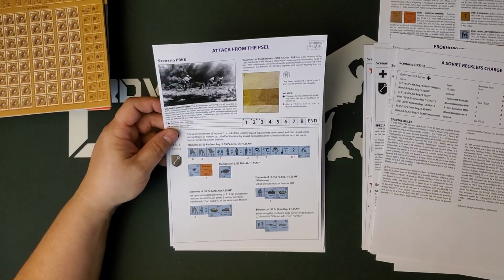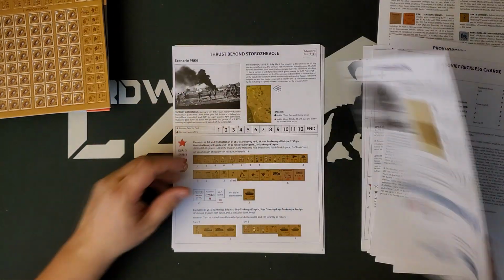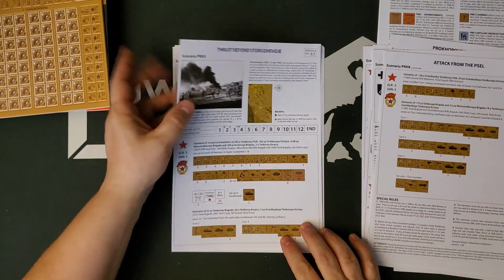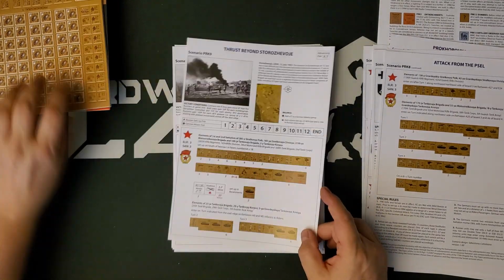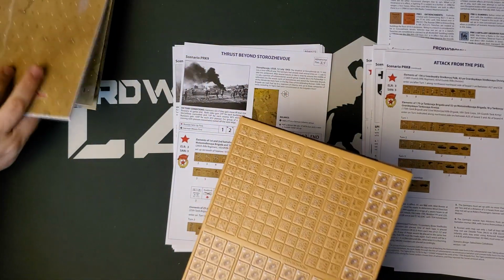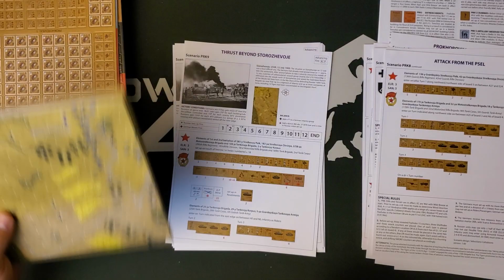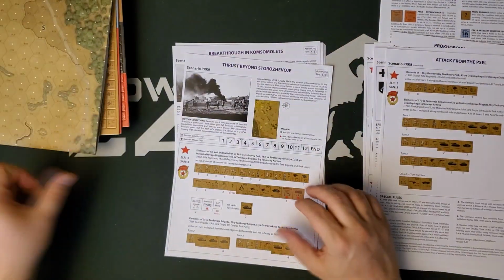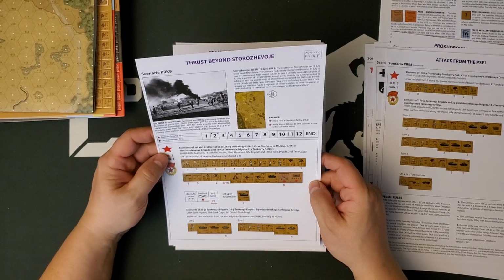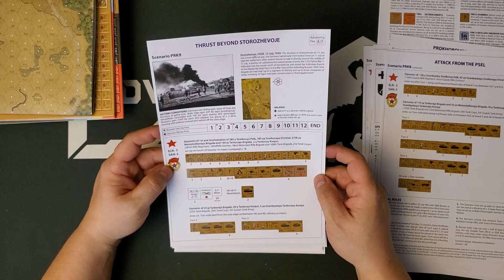All right, attack from the Psel. This is part of map 3, parts of map 3 and 4. Thrust beyond this place. Map S. Is that the small map? Yes. Okay. So I think it's just this map too. So here we have our one, modestly sized map for this particular scenario, number 9. It's nevertheless a decent sized scenario